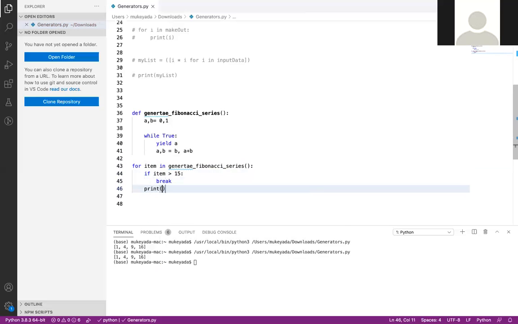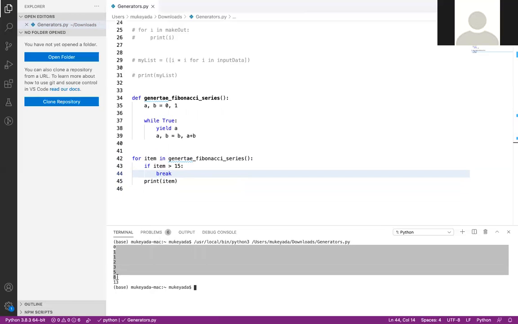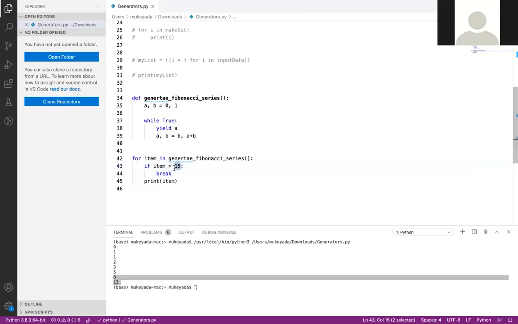Then print item. Let's try to run. So here we can see 0 1 1 2 3 5 8 and 13, and if you see 13 plus 8, it is more than 15, so it breaks here.